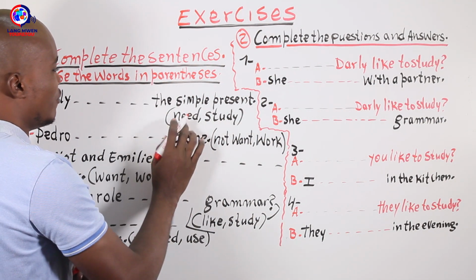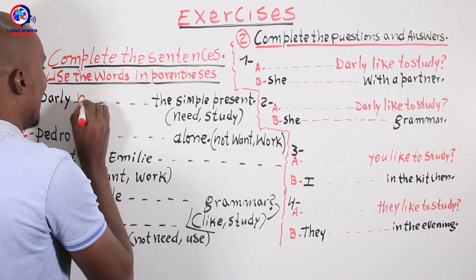Now we say the first verb, which is need. Okay, I say need,